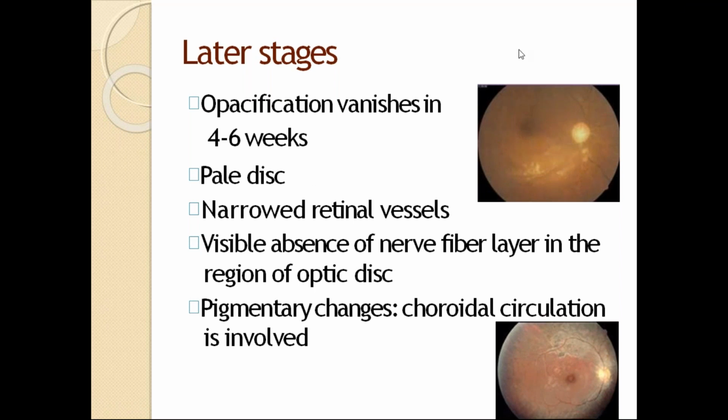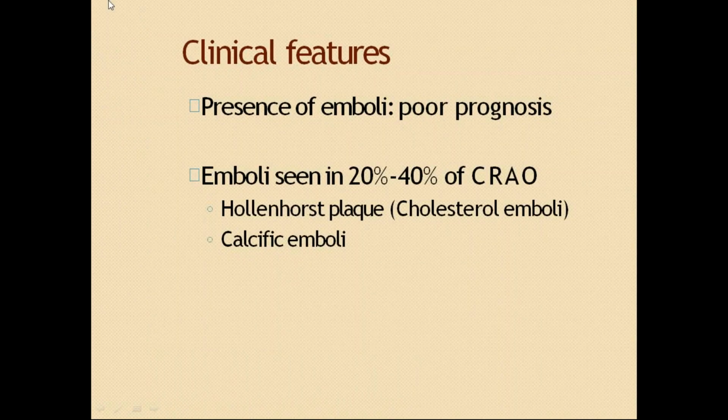You can also see there will be the retinal nerve fiber layer. Here you can see these whitish line-like things. This is the retinal nerve fiber layer. You can even see the retinal nerve fiber layer because of the slightly pale retina. Okay. Sometimes you can see pigmentary changes over the retina.